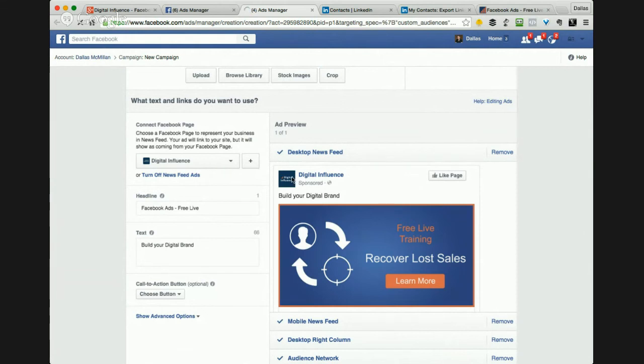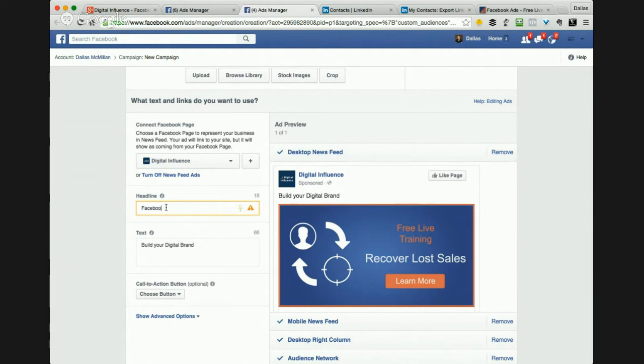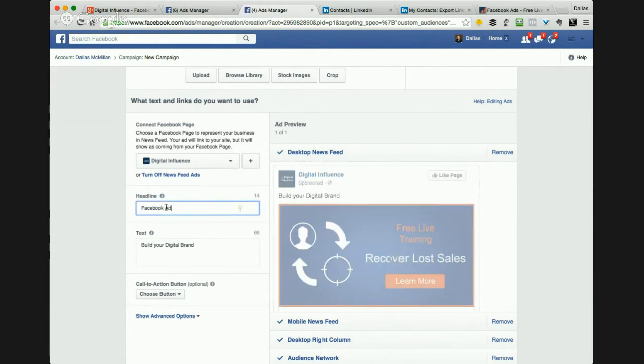I've selected digital influence, which is the page I'd like this one to be promoting. And then I can add in the text for the ad. We just put in an ad headline, and we haven't got much space there.